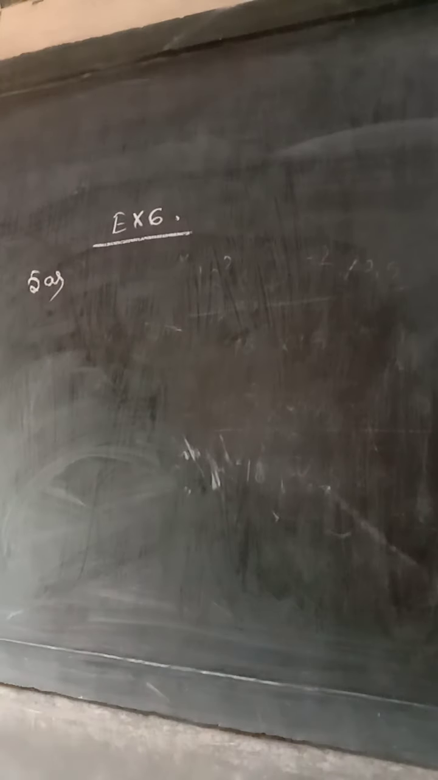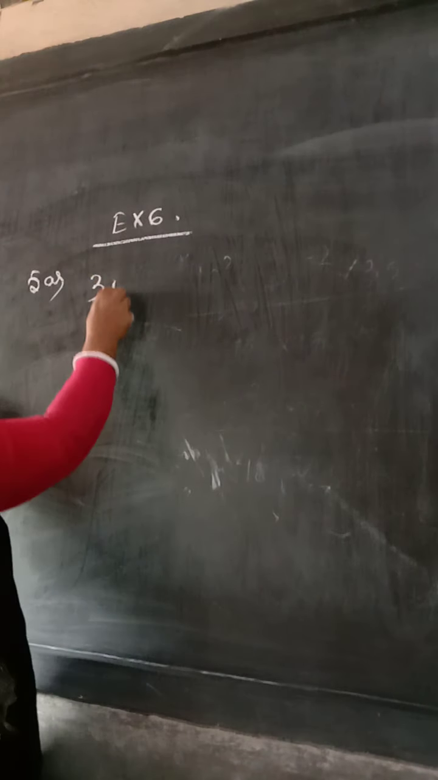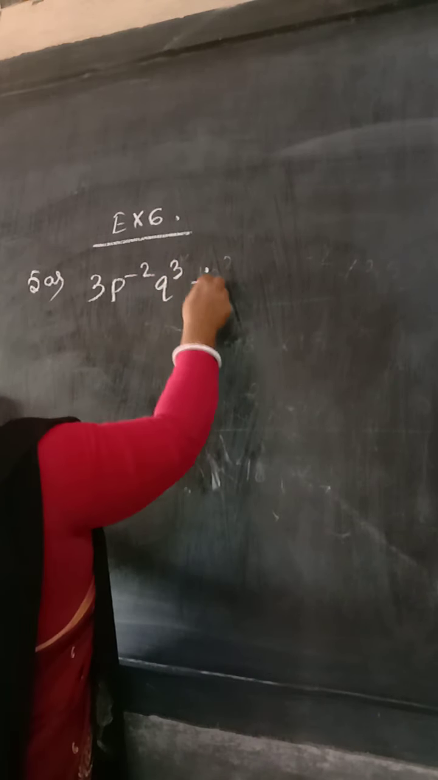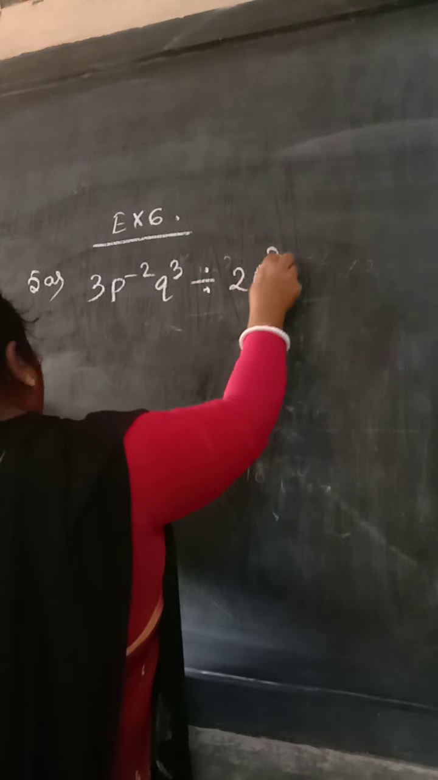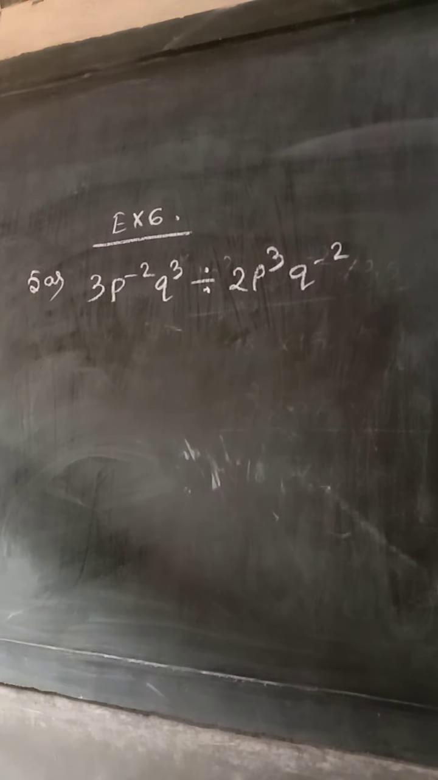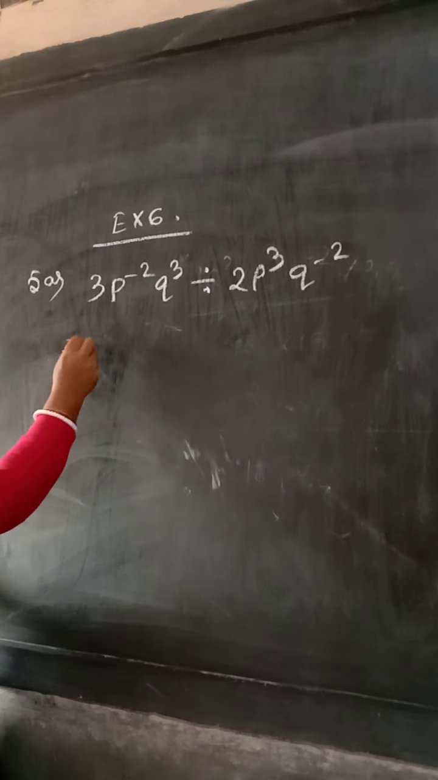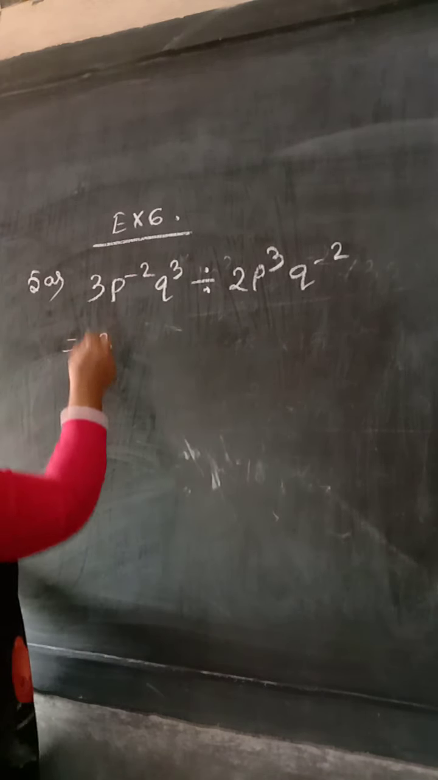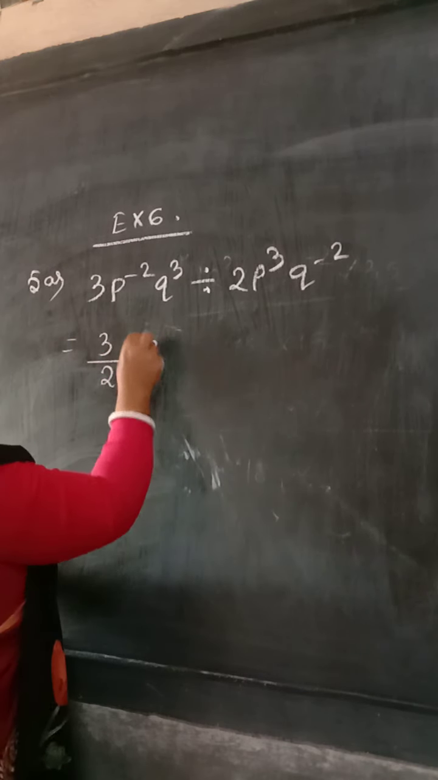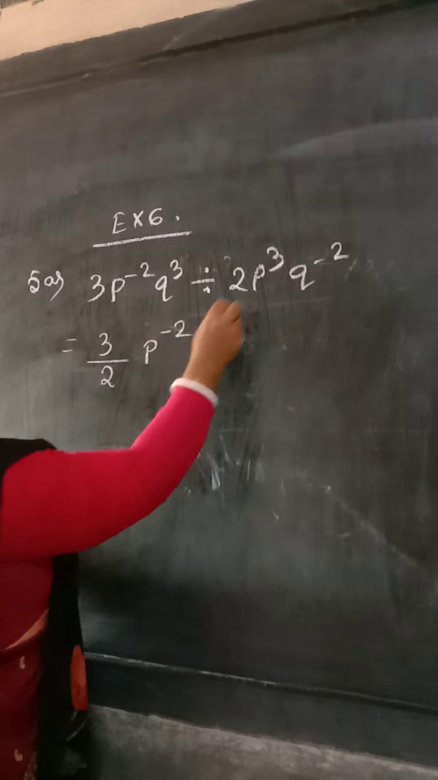The question is 3p to the power minus 2 q divided by 2pq q to the power minus 2. They have asked you to simplify the following and express with positive integers. So the answer should be positive. So it will be 3 by 2 p to the power minus 2 and here